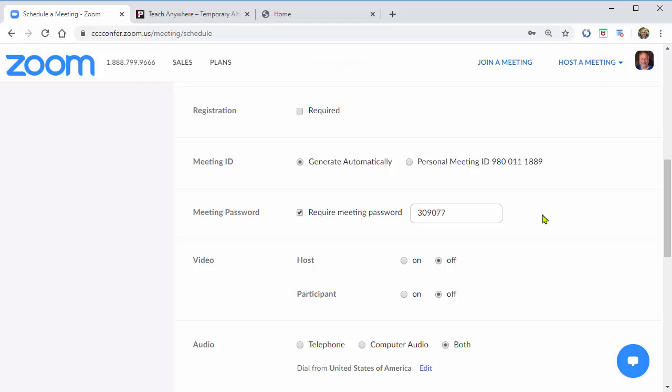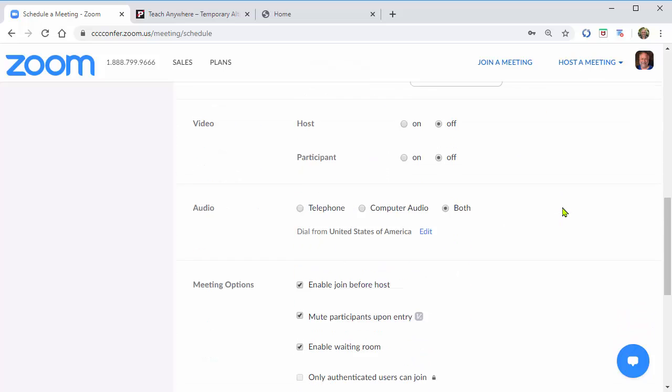The idea is to make it a little harder for someone to get in without knowing the link and the password, so you don't get what they call Zoom bombing. You don't have someone fake their way into your room or into your meeting class and start shouting obscenities or trying to post pictures that are offensive or trying to do anything like that. So these two little things, using the meeting ID that will be generated and the password, are good things to